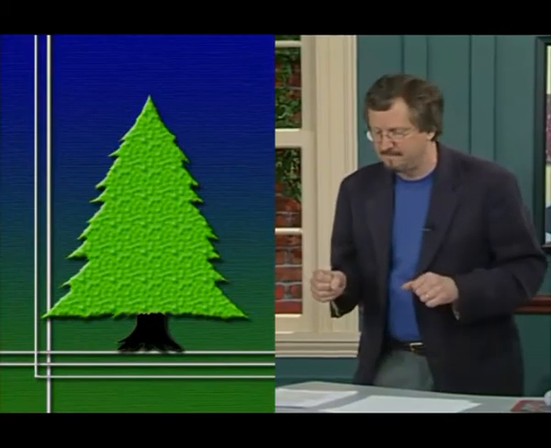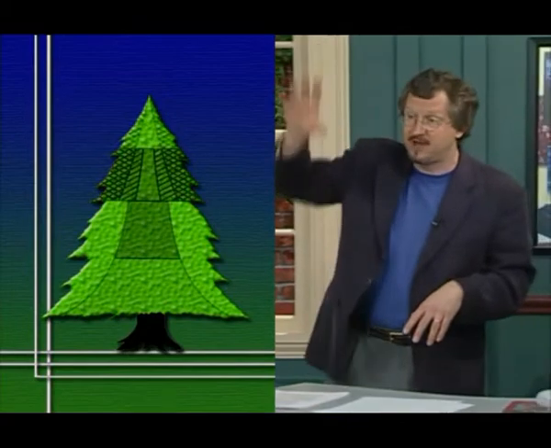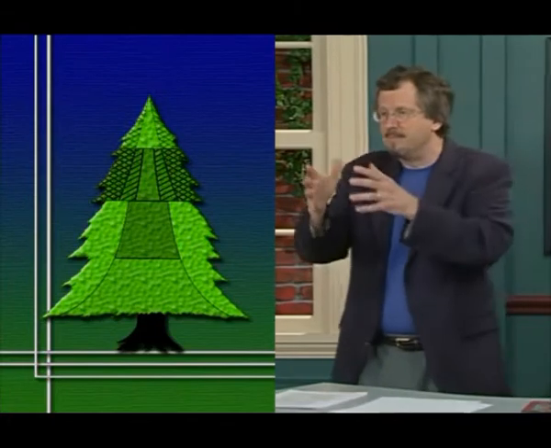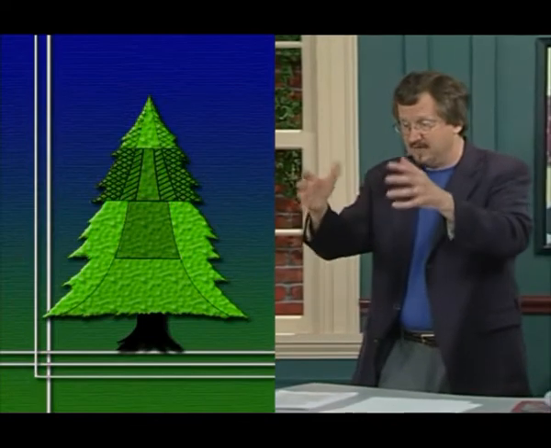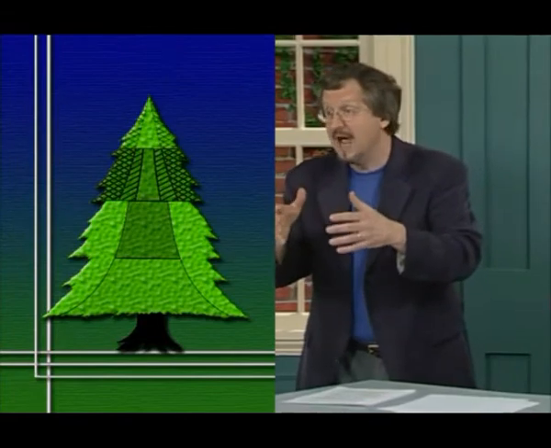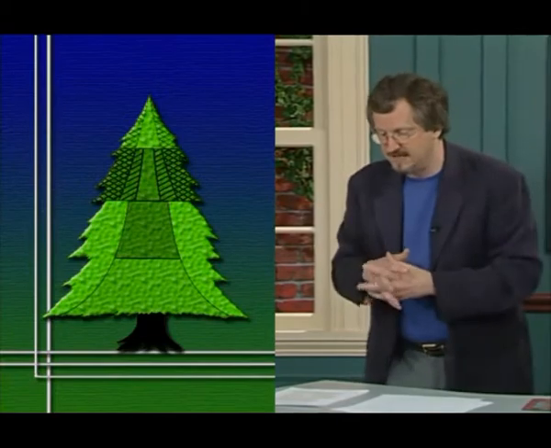Now, what MacArthur did was in some ways old-fashioned behavioral biology and ornithology. What he did first was go and develop a system for dividing conifer trees into different zones. These zones were defined relative to the height of the tree. For example, you'd have zones that were at the very top versus the middle versus the bottom. They were also defined relative to the center of the tree versus the outside of the tree. So somewhere in the middle of a conifer tree, there would be a zone that would refer to the relatively bare branches in the center as compared to a zone that were the tips of those branches that had many needles out at the edges.